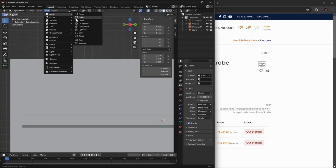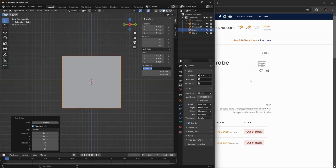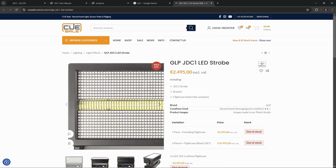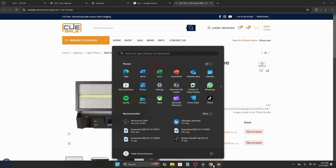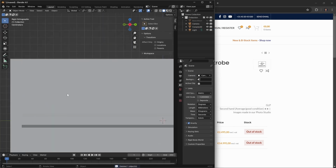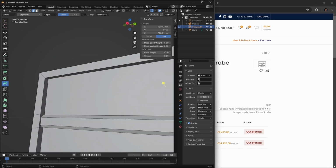So what we're going to do is make a little, in object mode, add a little cube. 1, 2, 3, 4, 5, 6, 7, 8, 9, 10 going down. And I think, let's delete this for now. I think Blender will let me measure, actually. So I think what I'm gonna do, so that I can see better and no one has to know,